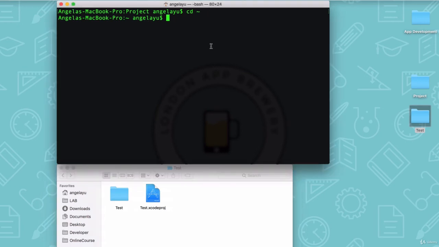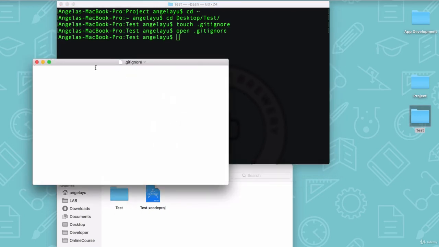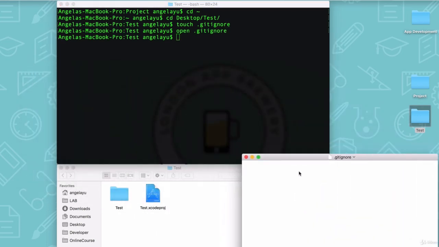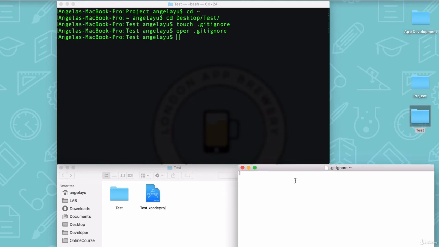So let's cd into desktop/test so that we are right here, and I'm going to create a gitignore file. Then we're going to open our gitignore, and in here I'm going to add some of the files that will be ignored for our Xcode project. Now, if you go to